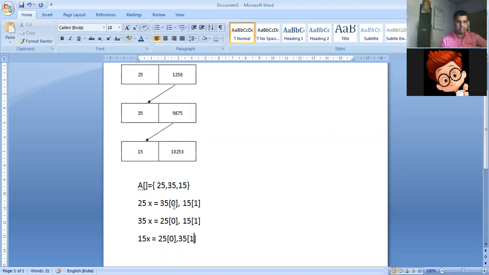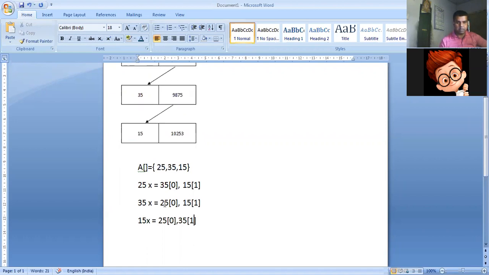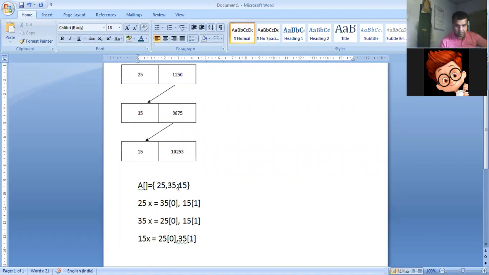Now you will say, with respect to this particular process and this process, sir, my 15 is not getting shifted, my 15 remains in a fixed place. But if you compare with respect to the array position, 15 is in the second position, 15 is not in the first position. So that means what? It is not in the position, it is in the memory address of 2, but now it's becoming memory address of 1 in these consecutive cases.